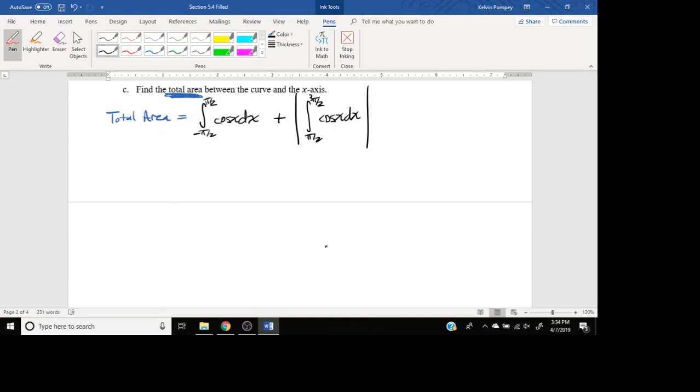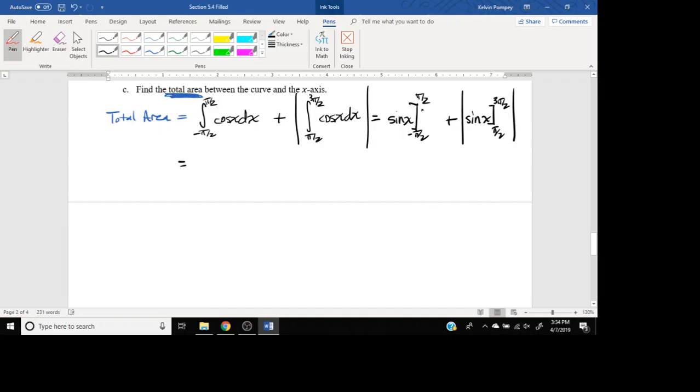Once we do that, we just go through that same process as we did before. We find the antiderivatives, right? The antiderivative of cosine of x is sine of x. We're going to evaluate that from negative pi over 2 to pi over 2. And then I'm going to do the absolute value. The antiderivative again is sine of x, but this time we're going to put some bars here to distinguish this from absolute value, from pi over 2 to 3 pi over 2. And that is in absolute values. And so this is going to equal